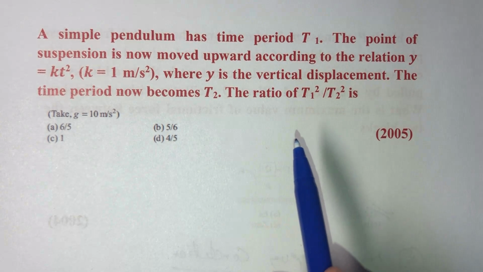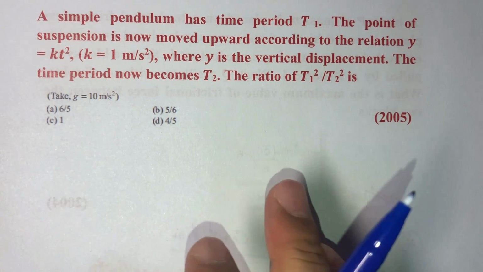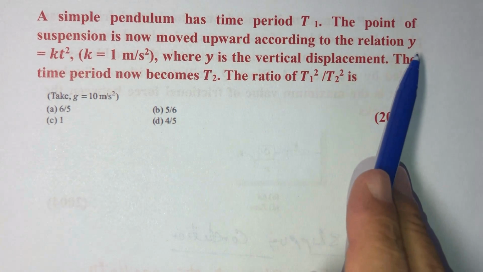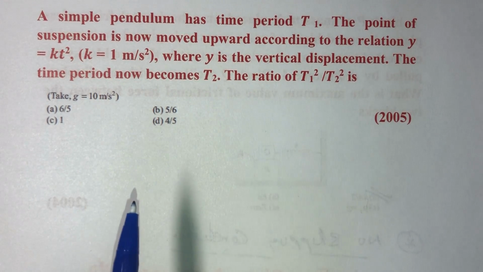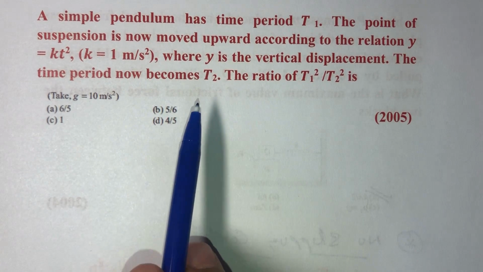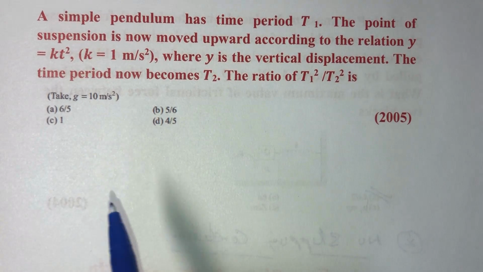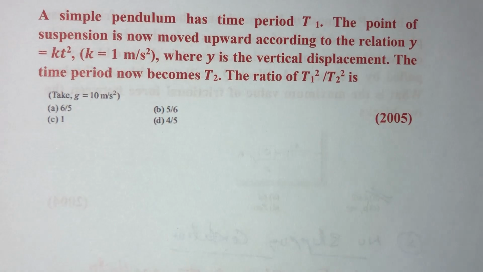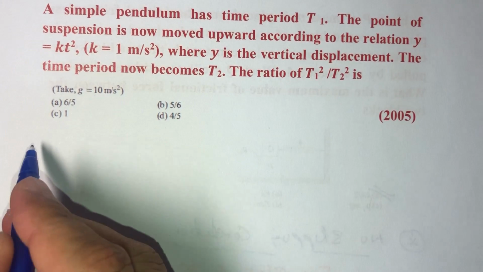So we have a simple pendulum and initially its time period is t1. Then the point of suspension is moved upward with the relation y, where y is the displacement, and the time period changes to t2. So we have to find the ratio of t1 square and t2 square. So in this case,